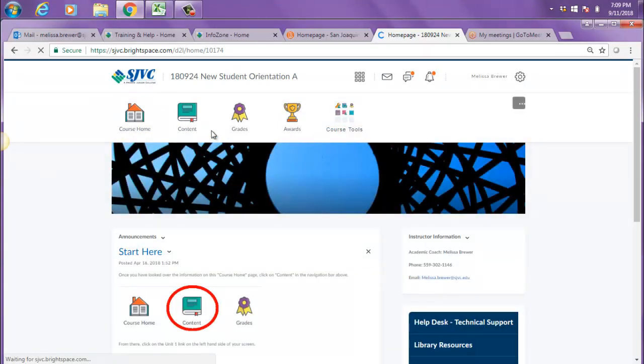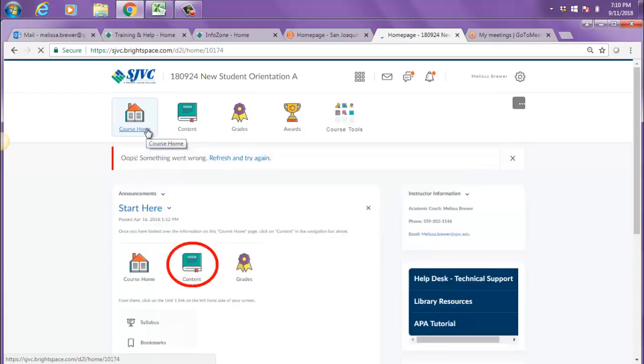So now we're looking at the new student orientation homepage here. Once you log into a new student orientation, you will note that there is a bar here with the new student orientation name on it, as well as a Tools tab. The Course Home tab right here in your toolbar is important